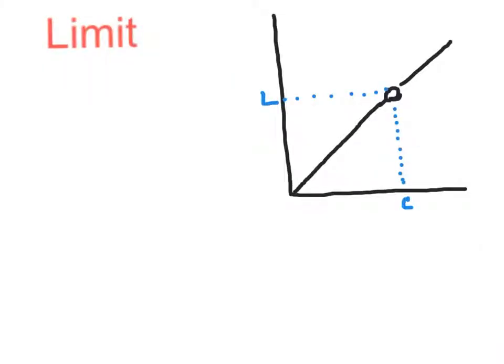So how is calculus useful to us right now in finding instantaneous speed? Well, one of the first things we look at in calculus is the idea of a limit. The limit of a function is the value of the function as x gets closer to some given value of c. So say this is our sketch and c is 4 and L is 5. The limit as x goes towards c is